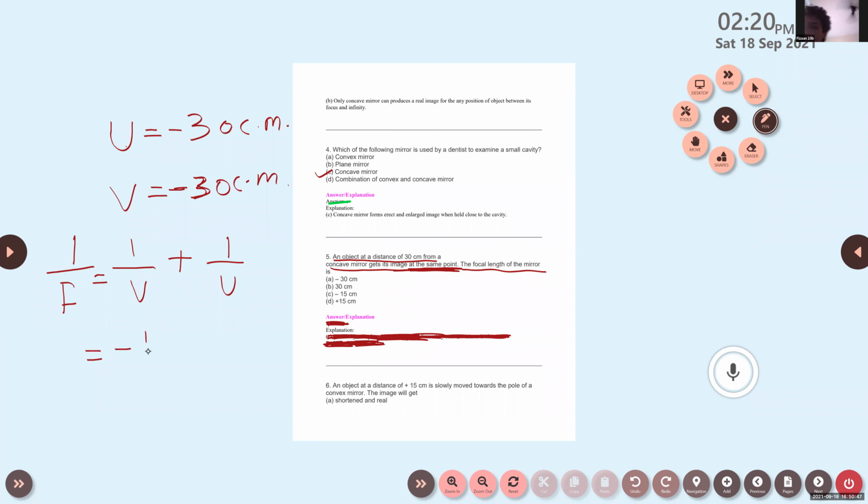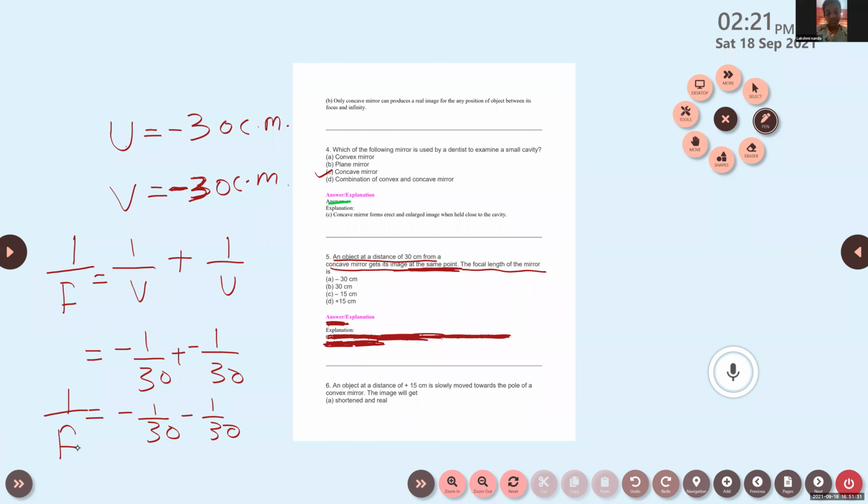It becomes minus 1 by 30 minus 1 by 30. Yes. How did it become minus? How did you put the minus here? Yes, ma'am, at 1 by 30. Actually, this minus is along with that of the image distance. Image is formed on the same side of the mirror, that is on the left side. If we measure any distance from the center to the left side, it must take a negative sign. So it becomes minus 1 by 30 plus minus 1 by 30, that is equal to minus 1 by 30 minus 1 by 30.